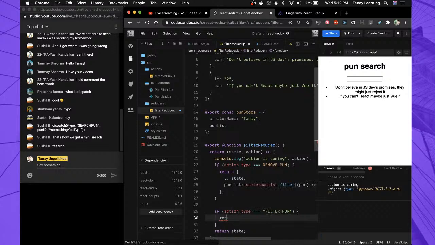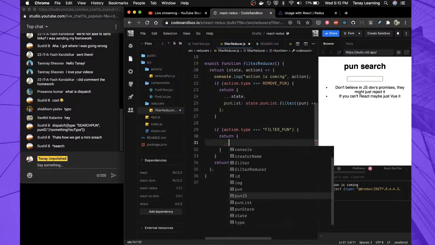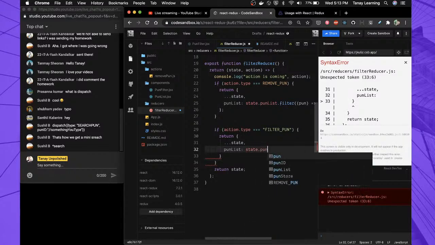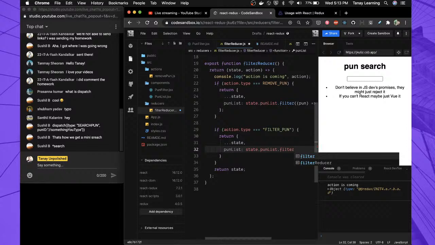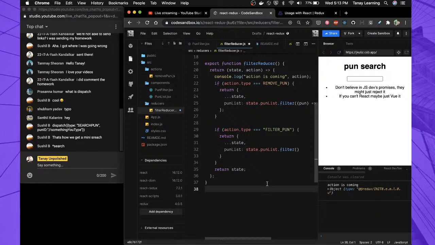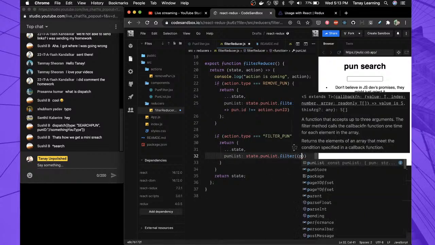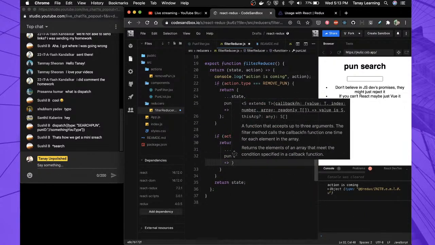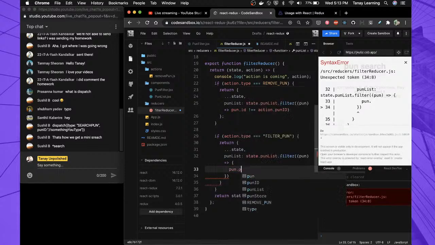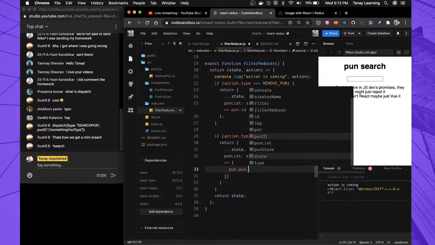What do we want? We want the same thing. We want the state as is, nothing else. But in the pun list, what we want to do is state.punList.filter. Now pay attention, okay? Now pay attention. So you will get a pun, right? And what do you want? You want those puns to be returned, which contains pun.pun to be returned, which contains